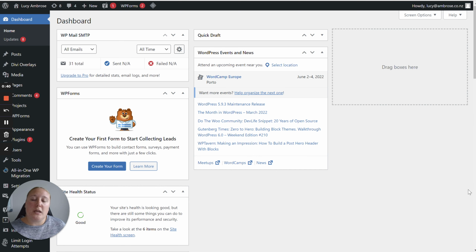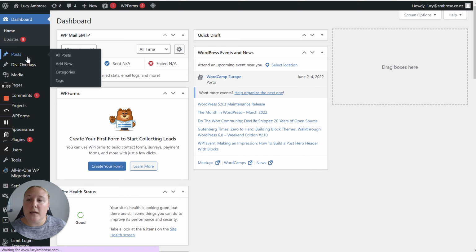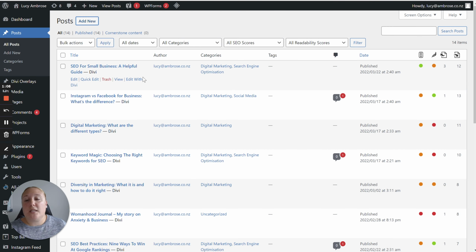When you get given your username and your password into the back end of your website, once you log in, you're going to see this page here. This is called the dashboard, basically. When you're ready to add a blog post, all you need to do is click on posts over here on the side. When that loads, it's going to show you your blog posts if you've already got some there, and it will look like this. These are the previous blog posts that I've done before. But now if we want to add a new one, we can just click on add new